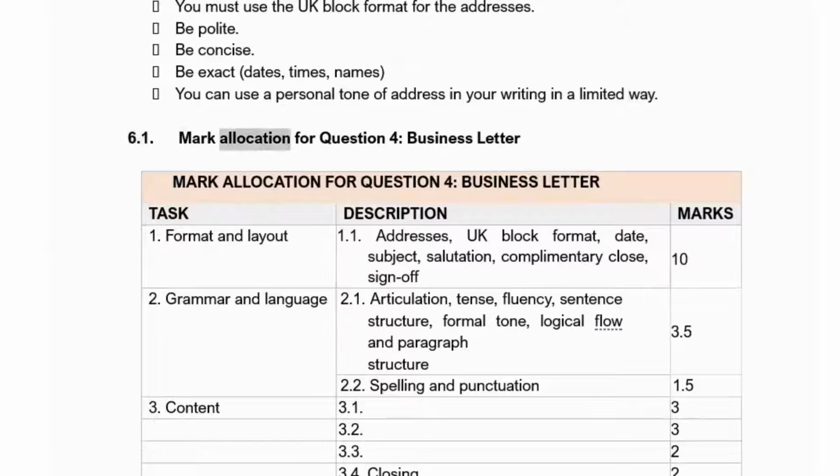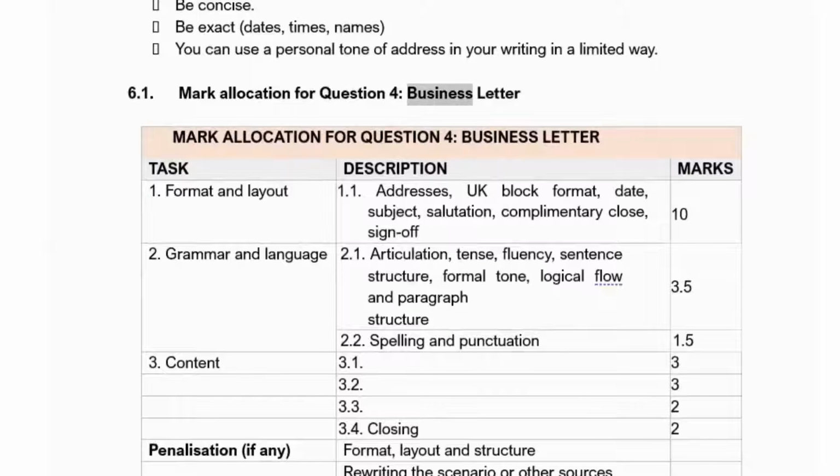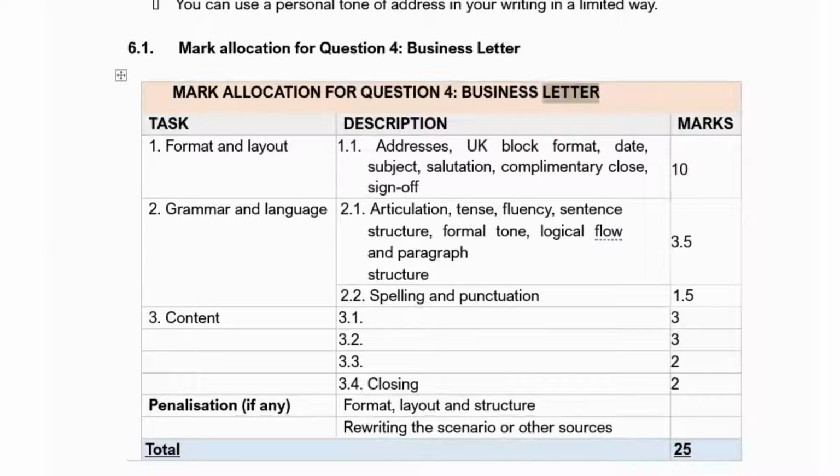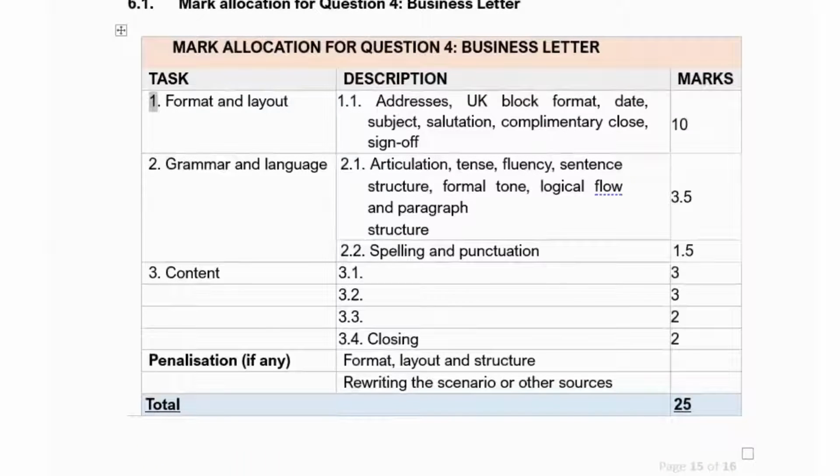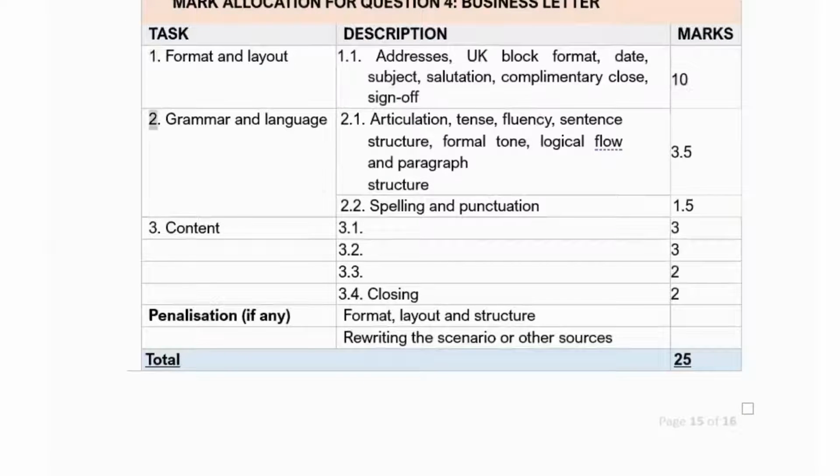6.1. Mark allocation for question 4. Business letter. Mark allocation for question 4. Business letter. Task. Description. Marks. 1. Format and layout. 1.1. Addresses, UK block format, date, subject, salutation, complimentary close, sign off. 10. 2.